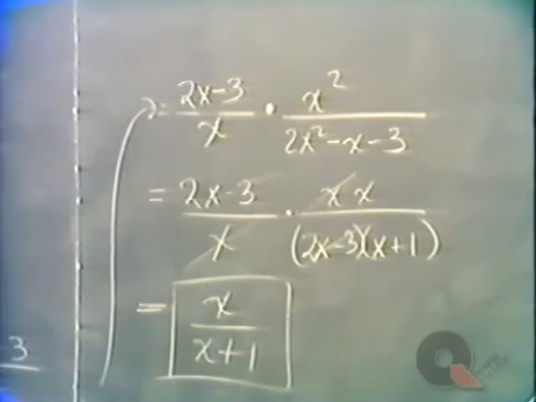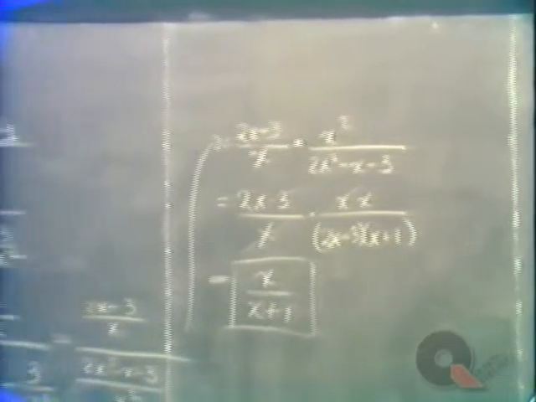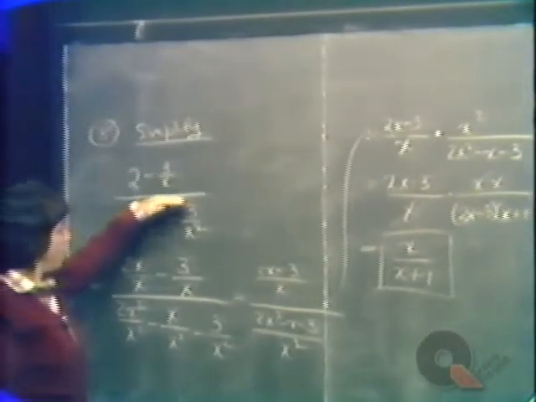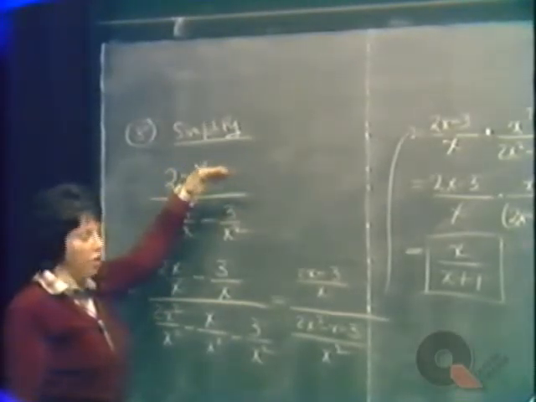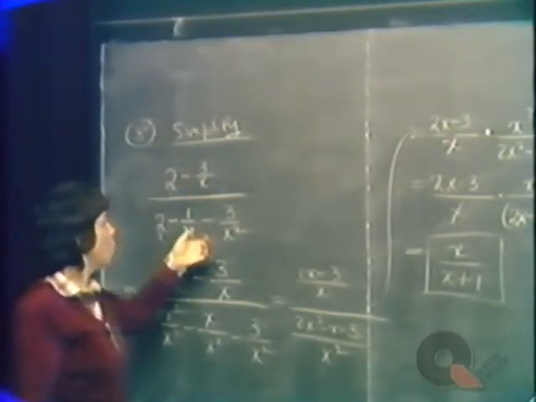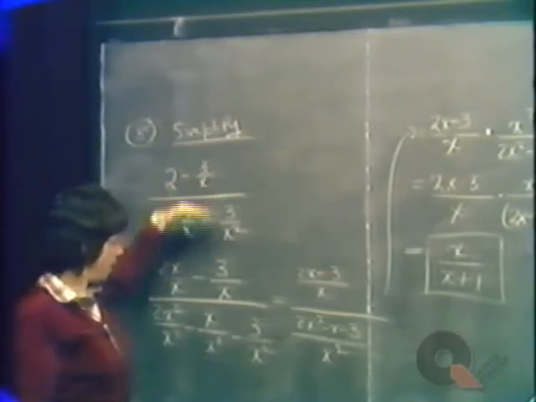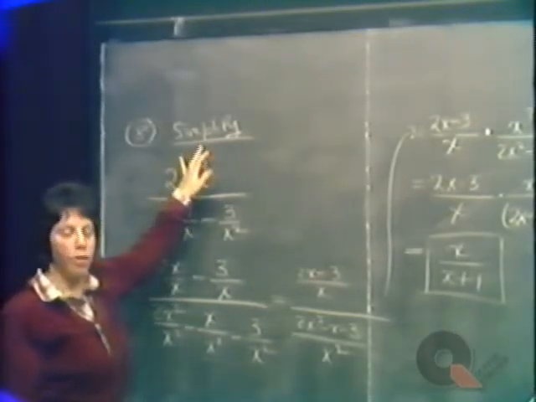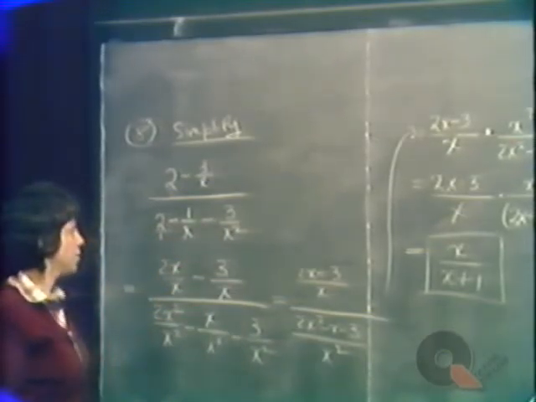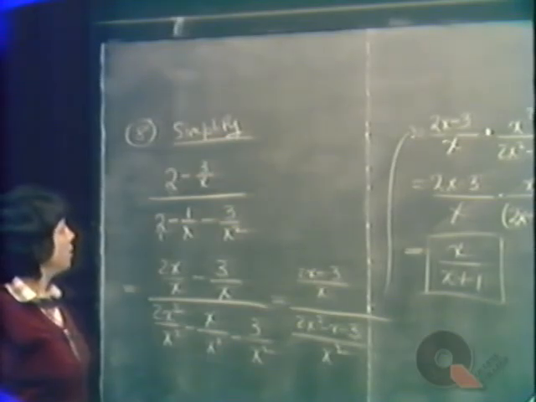By the way, this is called a complex fraction in that we have fractions in the numerator and also in the denominator. When you have fractions in the numerator or the denominator, it's called a complex fraction, and this is one method of solving this problem. Okay, if you go back